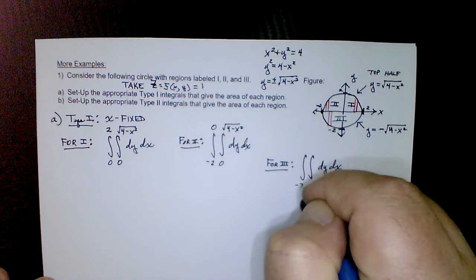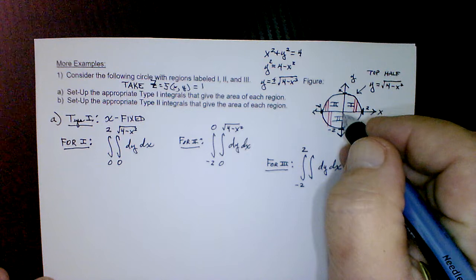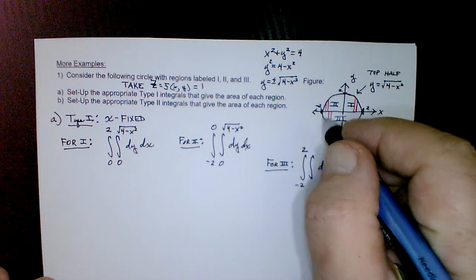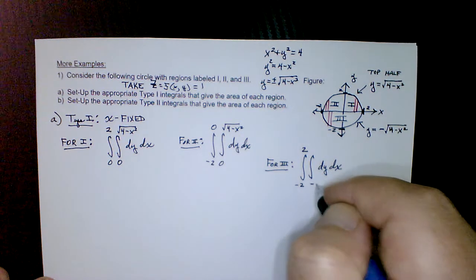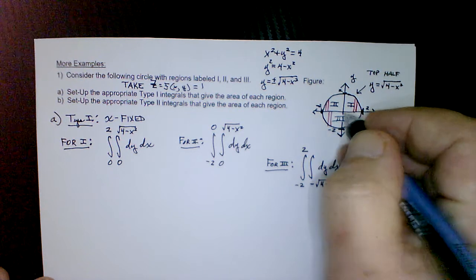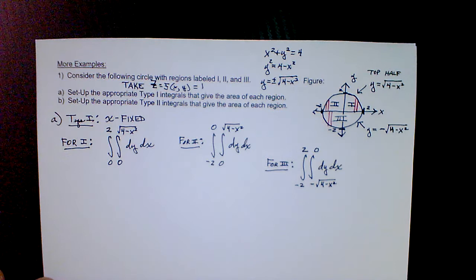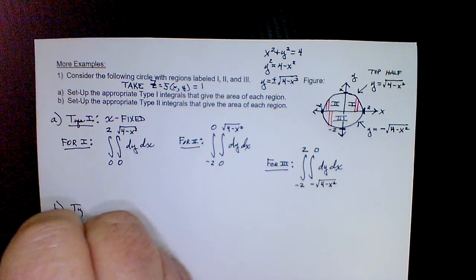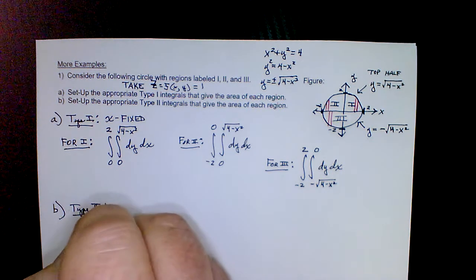And then the function is going to go from, the lower limit is this portion of the graph, which is the negative square root of 4 minus x squared, and we're going up to the x-axis, which is 0. Okay, so that's doing it for the type 1. For type 2, where y is fixed,